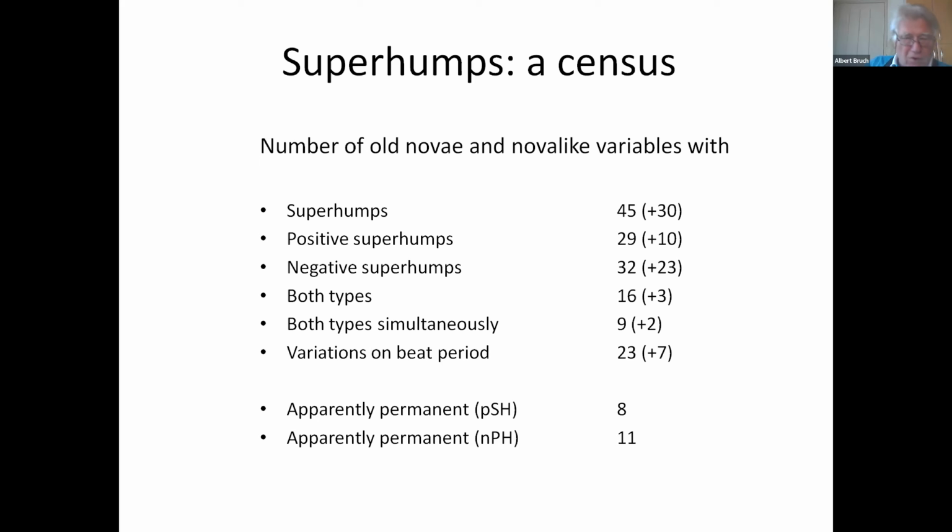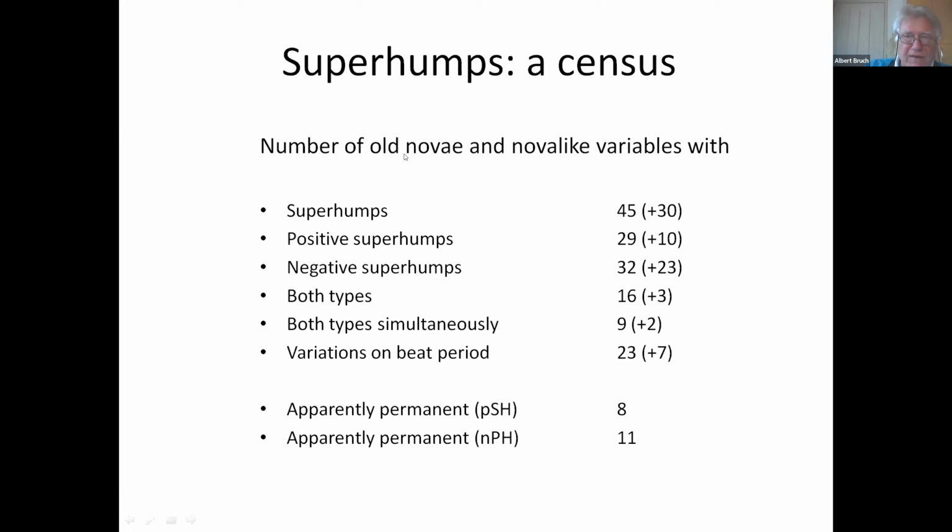I performed an analysis of TESS light curves of all Nova-like variables for which superhumps have been reported. And I found a couple of additional systems. Together with information collected from the literature, this enabled a more complete census of superhumps than was hitherto possible. The number of known systems adds up to 45. The numbers in parentheses at the side are additional systems found in a survey of about 130 more CVs, which has just been initiated. So these numbers are still preliminary.